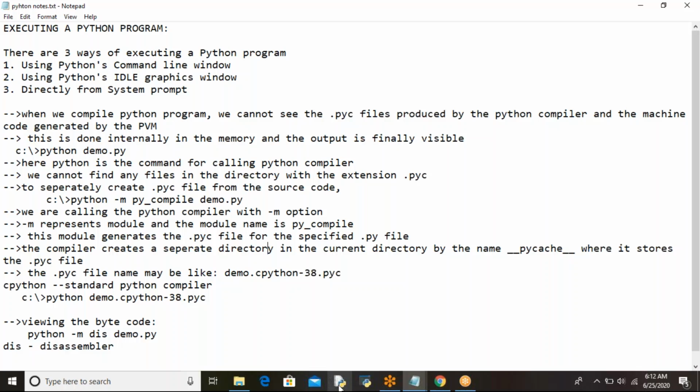Generally, if you go for C or Java, we can use either Notepad or EditPlus for writing the Java program. We'll save it with the .java extension, and we can compile and execute the programs from the run dialog box, right? Run command prompt, right? So that way is also there here.